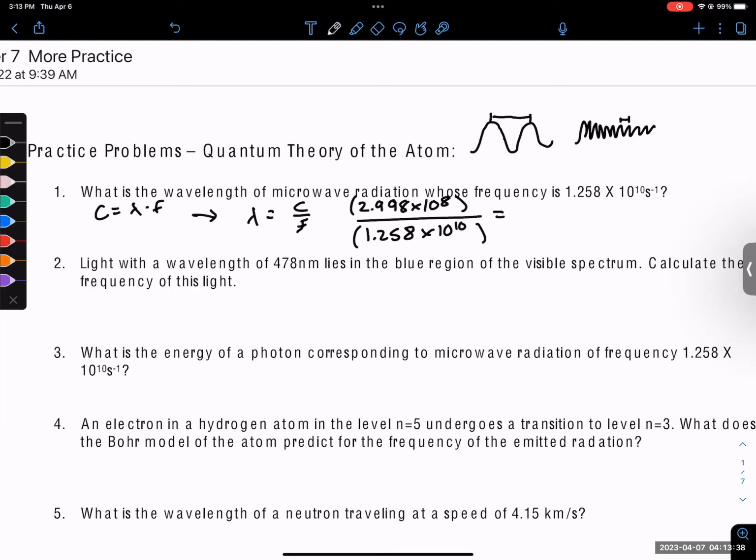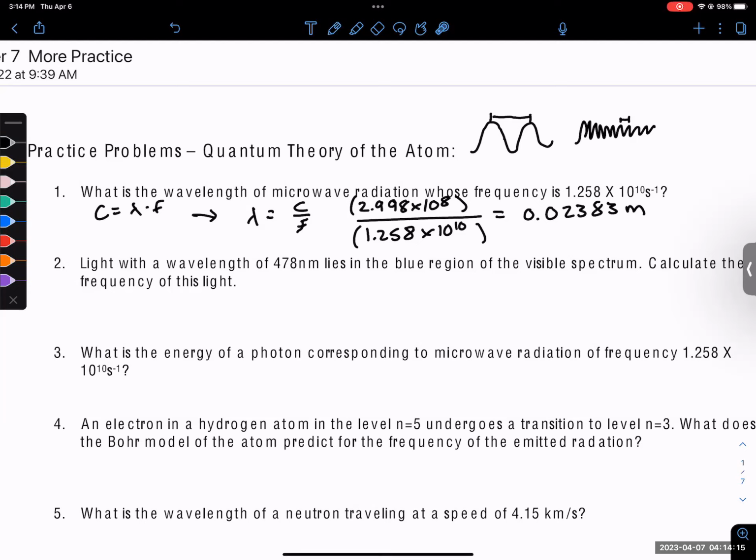So we put that into our calculator. 2.998 times 10 to the 8 divided by 1.258 times 10 to the 10. We get a number of 0.02, and let's just go to 3 significant figures. I guess technically it should be 4, so let's go to 4. So 0.2383 meters, which we know is